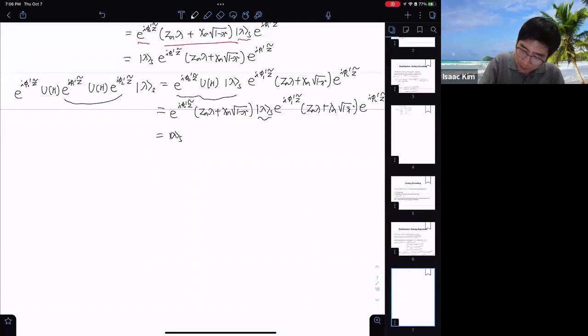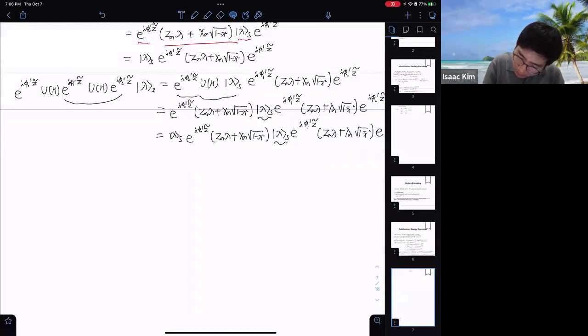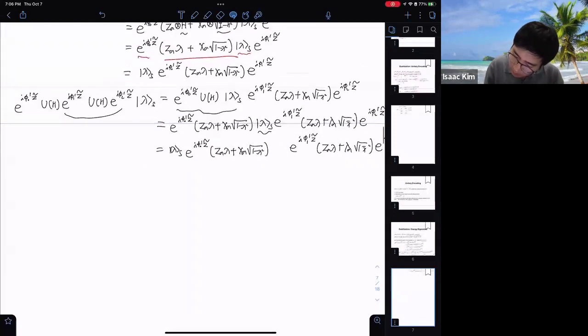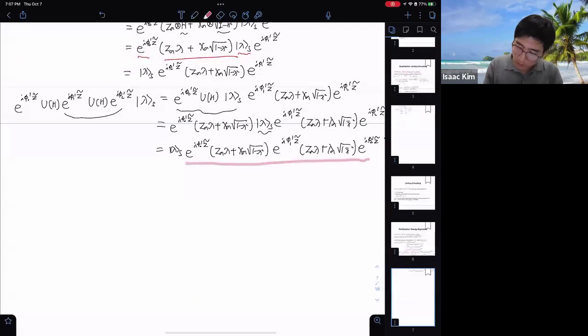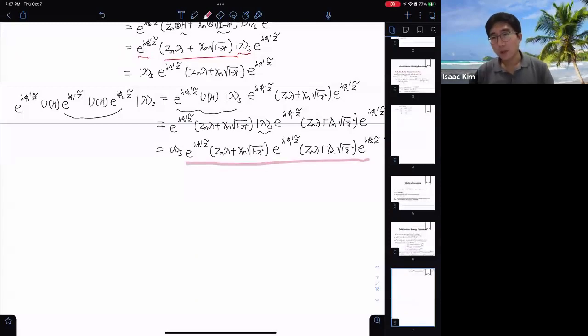So you can get that thing, and the thing is, if you look at this thing, it's a very complicated looking expression, but the important thing